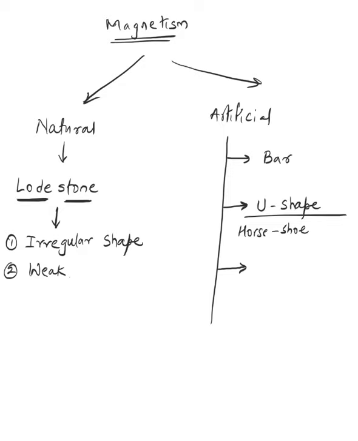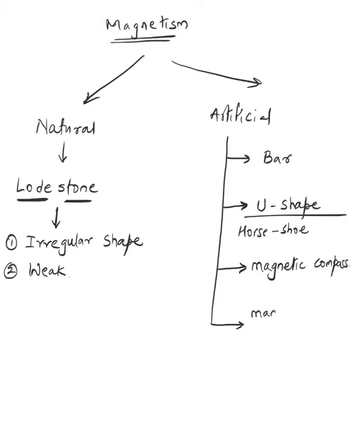Then the next one is the magnetic compass. You might have seen this. There's an app also called compass or magnetic compass. Most phones have it now, so you can find north and south easily using this compass. So basically, what is the use of these? To identify directions and for navigation purposes.